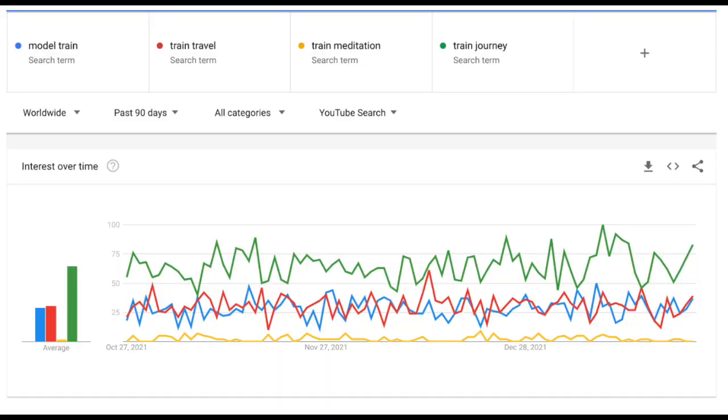So something that's really broadly appealing, maybe there's a lot of train videos about famous train journeys, and those get really high viewership, versus something that's more niche interest, which is like model train enthusiasts, or maybe people even interested in train spotting. So once I understand the potential audience size, I can better understand the opportunity. So understanding demand, which is something that really impacts your impressions and your potential audience size, is absolutely step one.